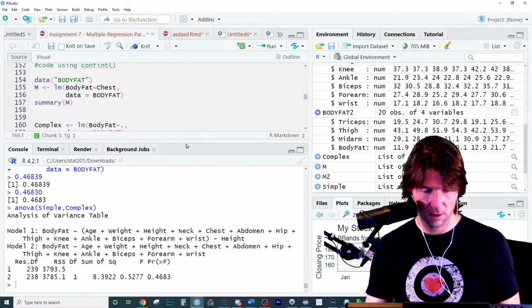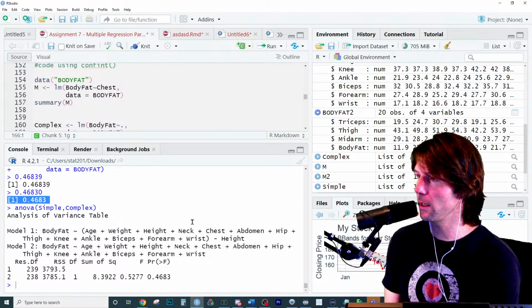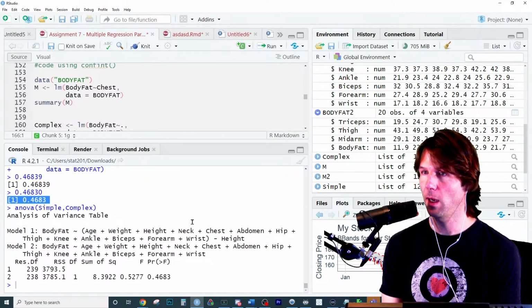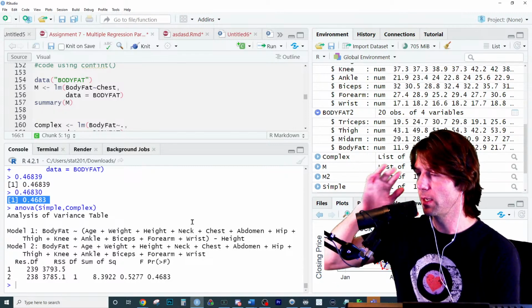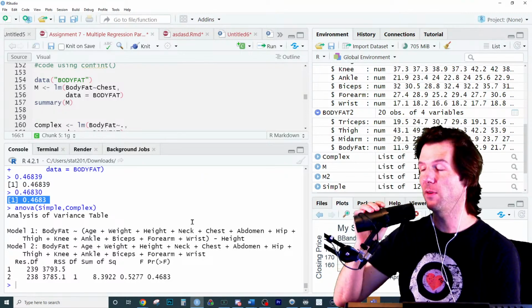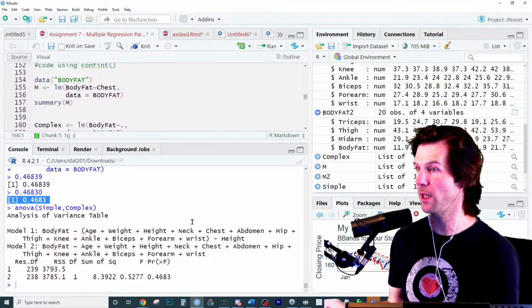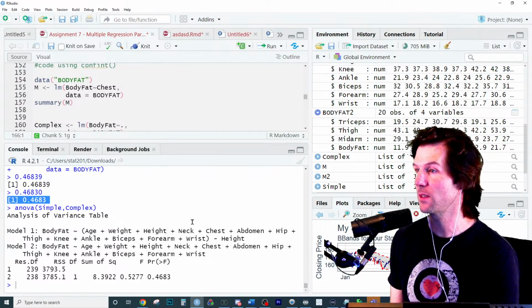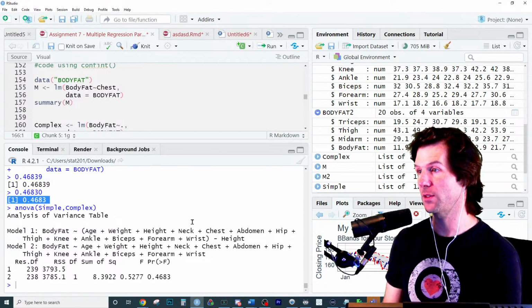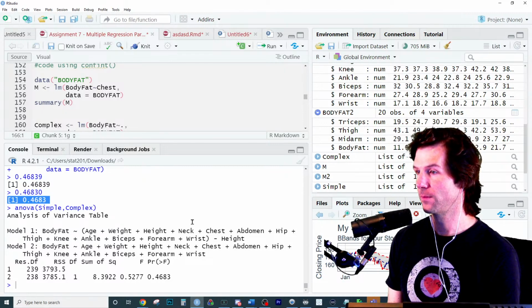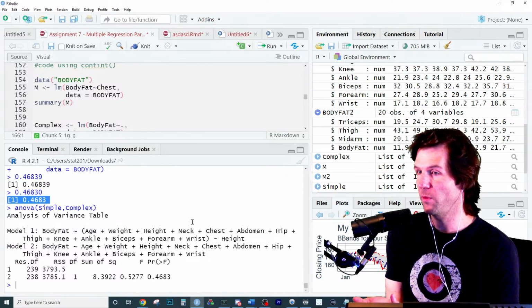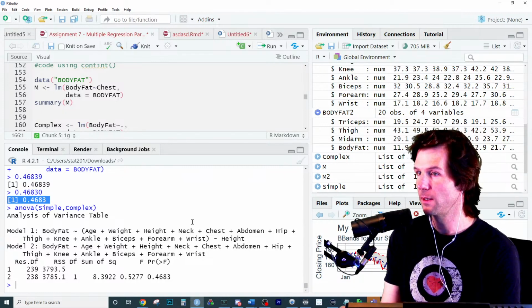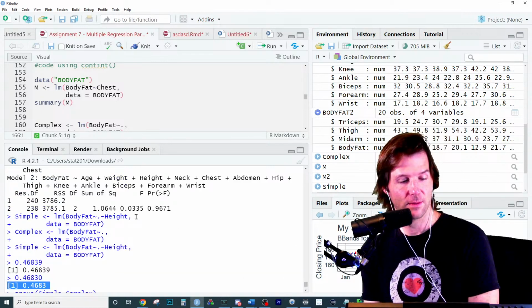Oh my gosh. Whoa. How did I guess that p-value? Before I even ran the partial F, I knew the p-value of it. How did I know what the p-value of the partial F was for removing one X? So this is just one X. How did I know that before I ran the partial F? Did anyone see what I looked at?